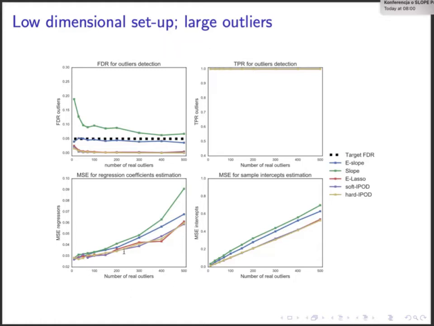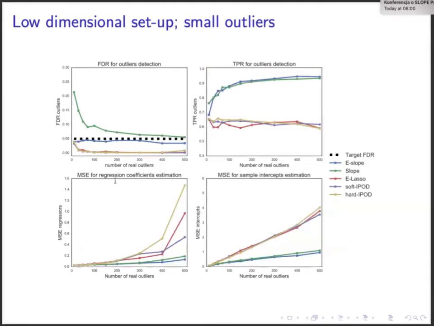And in terms of the estimation properties, our method loses a little bit. Here we want to be as small as possible. This is the mean square error of the regressors. We are doing slightly worse because we classified some of the observations as outliers, even though they were not outliers. So we lose a little bit in terms of estimation compared to the methods which don't pick any outliers.